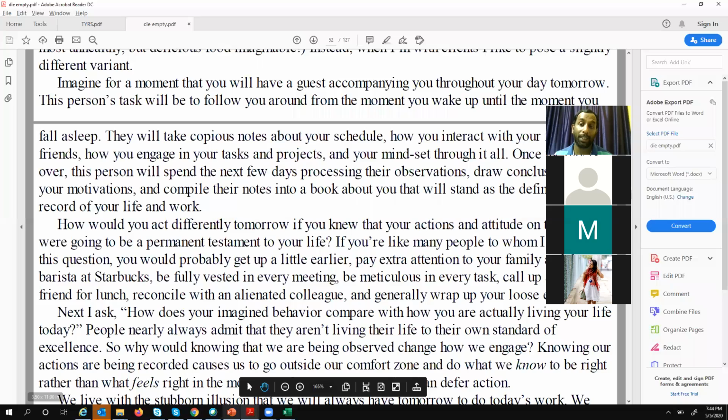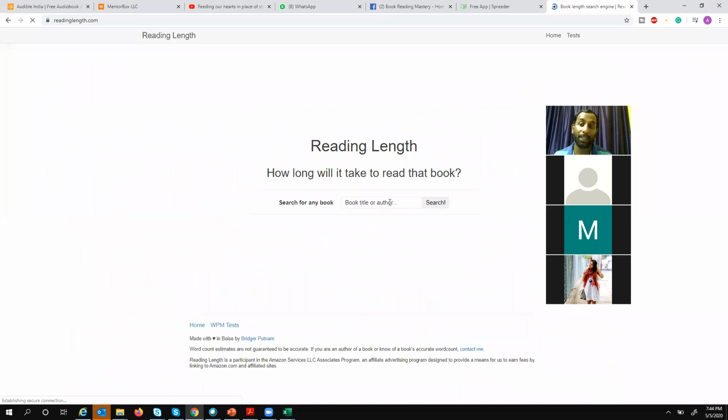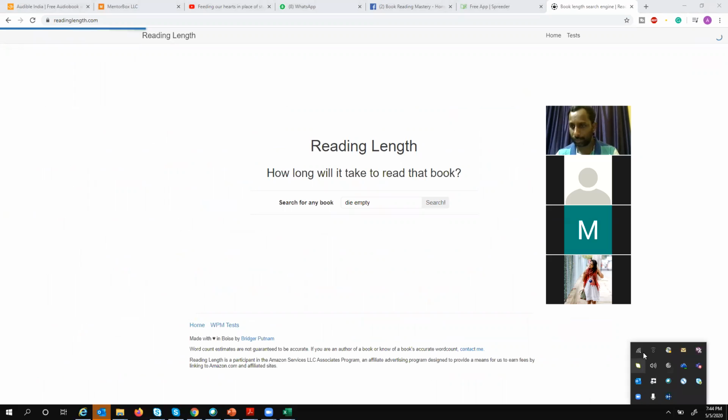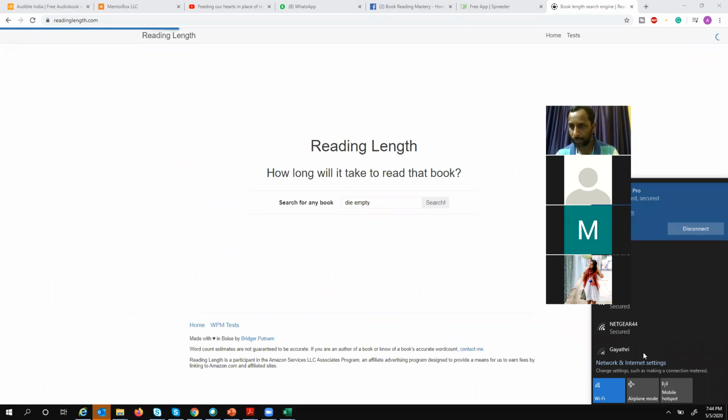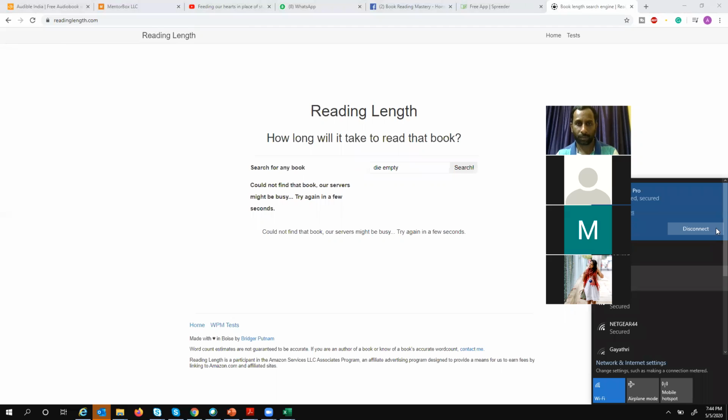But there is a website, Reading Length. You can just put the name of the book. Most of the books are available on that website. Sorry, I think it was not able to find it.